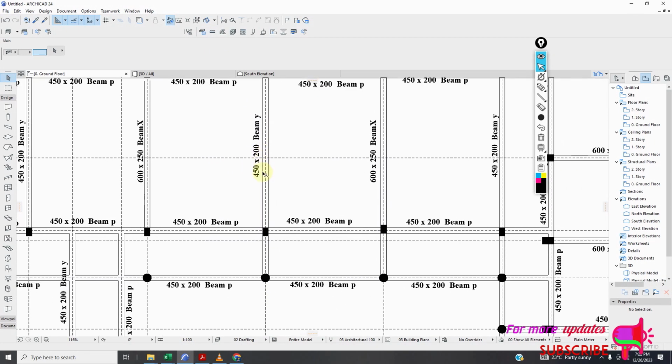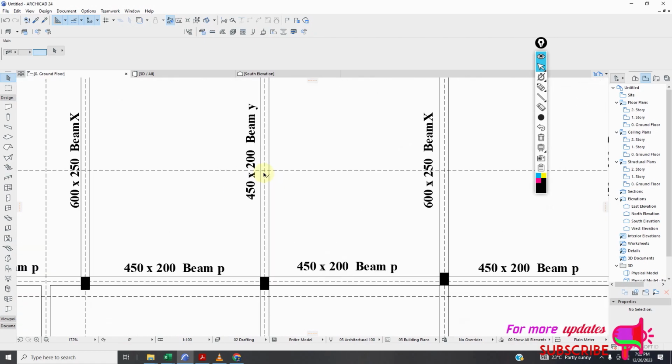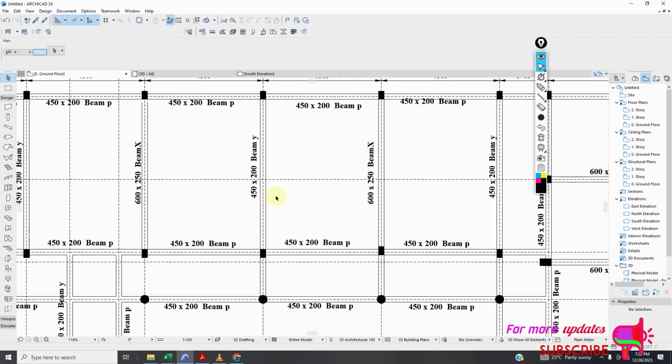So let's say we have this beam here, and this beam is carrying a wall, and the story height is 2.85. So let's determine the total load that will be coming to this beam. This beam is 450 by 200. So let's start. We're going to need to know the total load from this slab and this slab, which